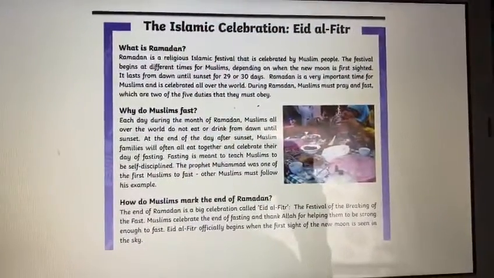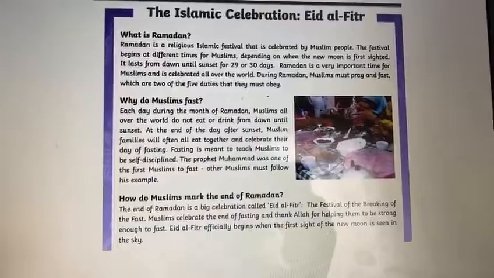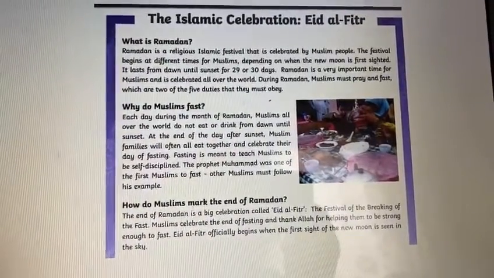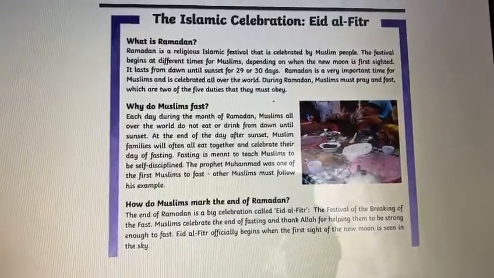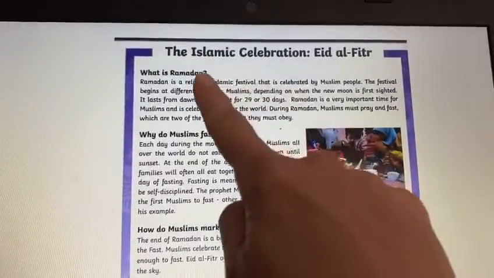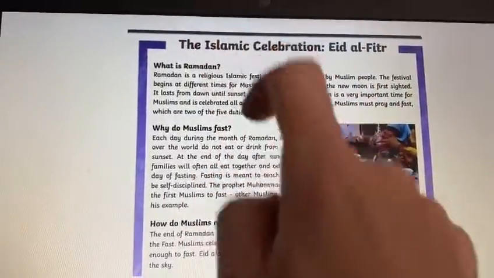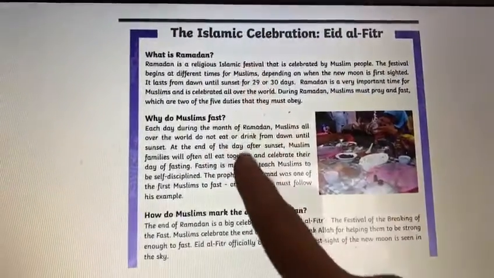Here's an information page about Eid. So when you're researching your different celebrations from around the world, try and organise your notes using headings and subheadings. So Eid, your Islamic celebration, could be your main heading, your main title,